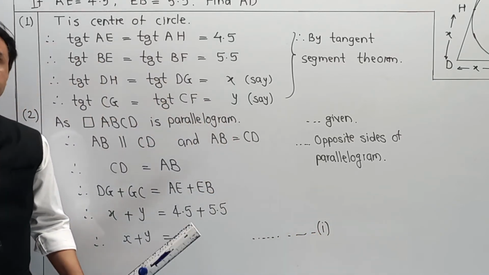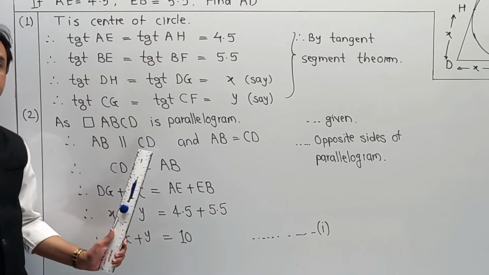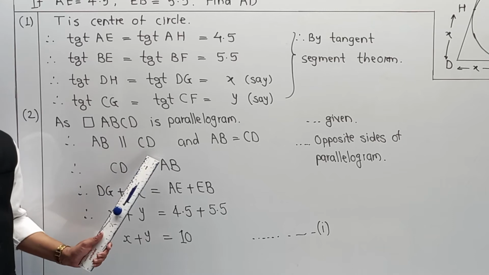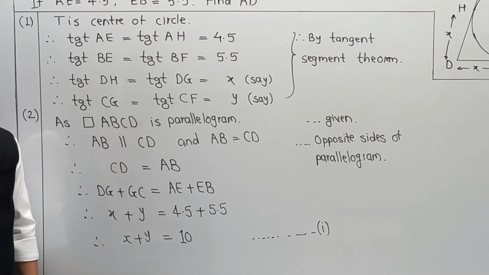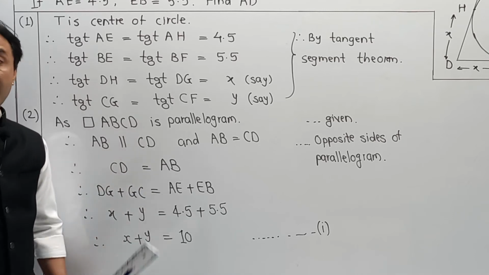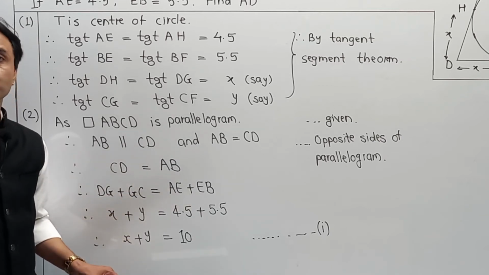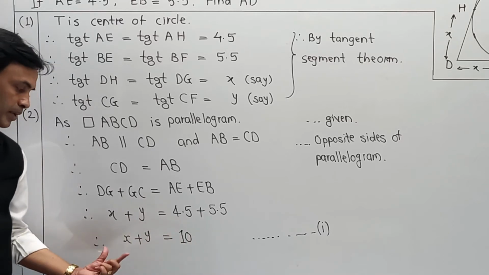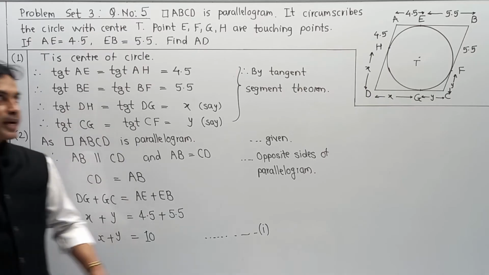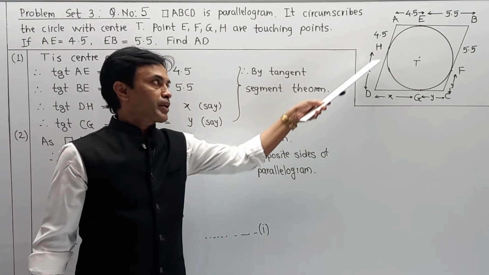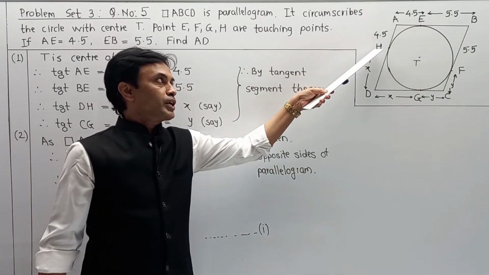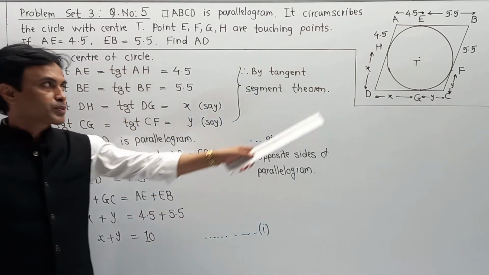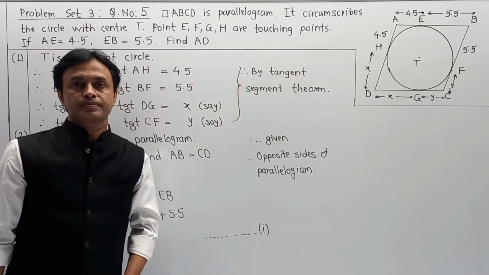Now student, similarly, when I show that these two sides are opposite, parallel and congruent, again I am going to show the remaining two. Means AB is parallel to CD. Similarly, we have to show that AD is parallel to BC and again generate one equation, and then we are going to solve. But yes, this equation X plus Y is equal to 10 is required, and our target is to find X, and X is nothing but HD. If you are able to get HD, AH is already with you and you can find AD. And in this way our target is to find the value of X.